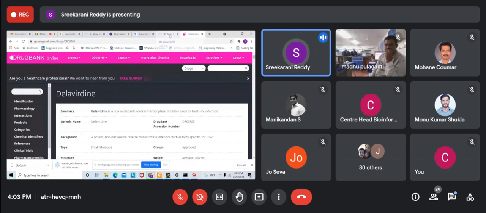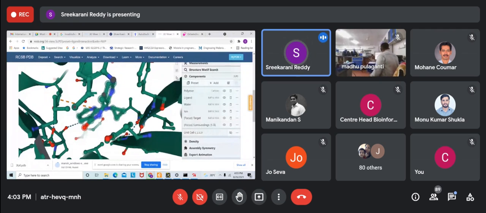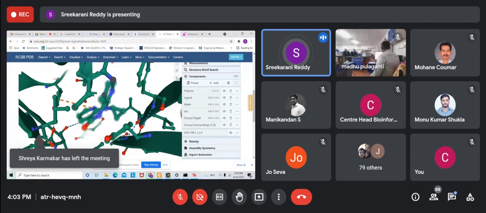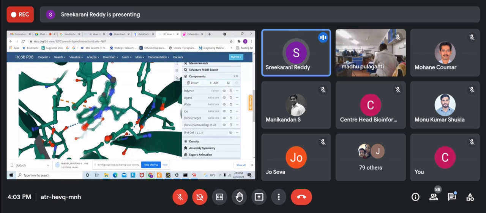We want to see how much score we will get for this, so that we can compare it with the standard. We need to compare the binding scores we are getting, to see whether it is more efficient compared to the previous one. In that way we should proceed with our docking.